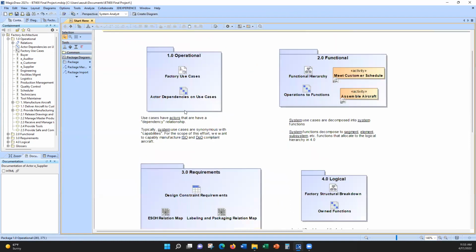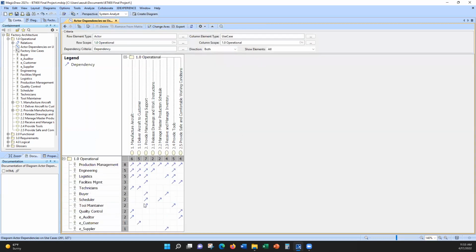So if I hop back, the next step would be to do an analysis on the descriptive modeling we just completed, right? So as you can see, here across the top are all of the operational use cases that I just introduced. Here are all the actors, and then you can see that there's certain types of actors that are required for every use case. So for instance, production management, you definitely need a management team to execute every one of these use cases, right? So this would be a good note to send over to the factory manager, say, hey,